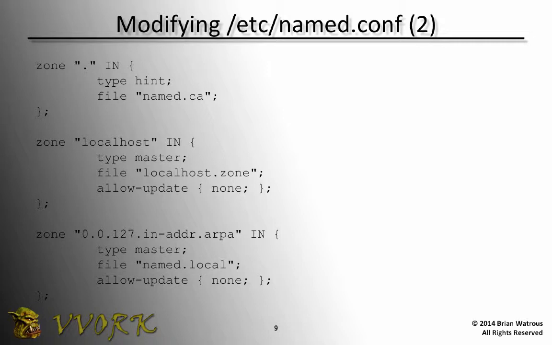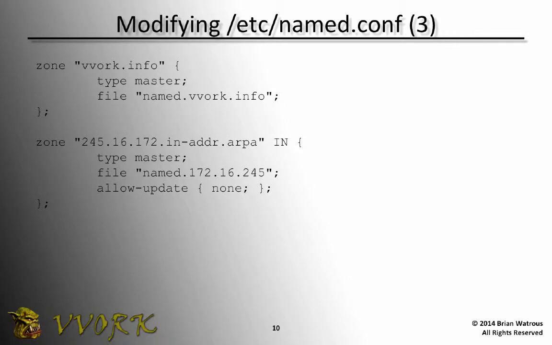No changes necessary to these sections, to these zones. But what I did do was add 2 new zones into named.conf. And these two zones are for forward lookups, that's the first zone, and reverse lookups. And if you look at these entries here, they largely follow the format of the last 2 zones on the previous slide. So in this first zone, the forward lookup zone, the first line is specifying that if anybody's trying